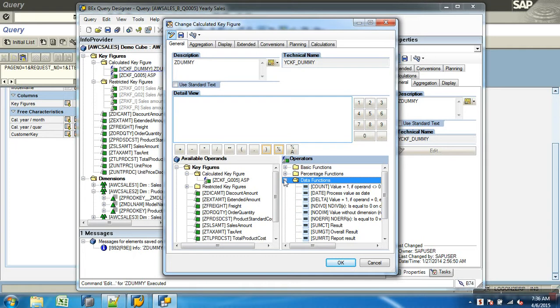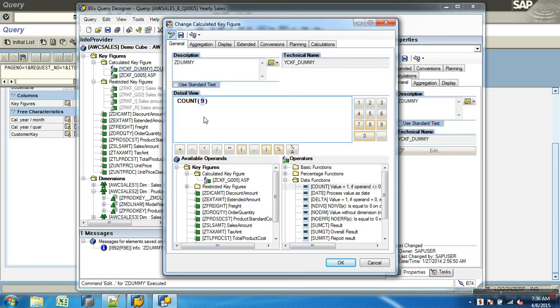Next we have data functions. The function like count, the name tells you: value equal to 1 if operand is not equal to 0. So if I say count of 9, what is the result? The value is 1 if the operand you pass is not equal to 0. So the result is 1.